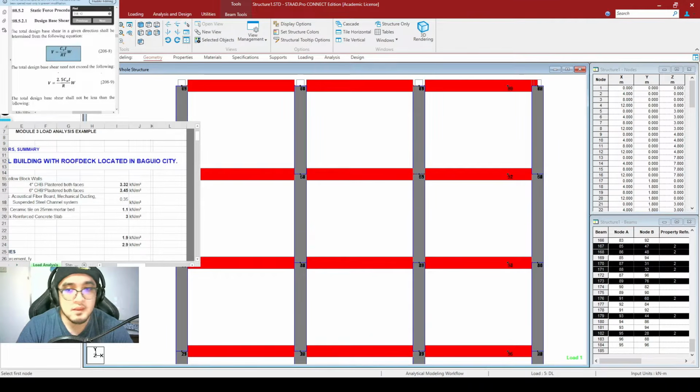So once again, this dimension right here, the floor to floor height, is equal to 3 meters. So meaning that if this one right here is 0.4 meters, then 3 meters minus 0.4 would give you an answer of 2.6. So this dimension right here is equal to